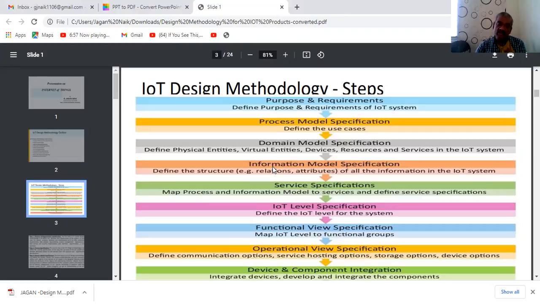Some kind of relationship we are going to provide between the objects of all the information in the IoT system, right?